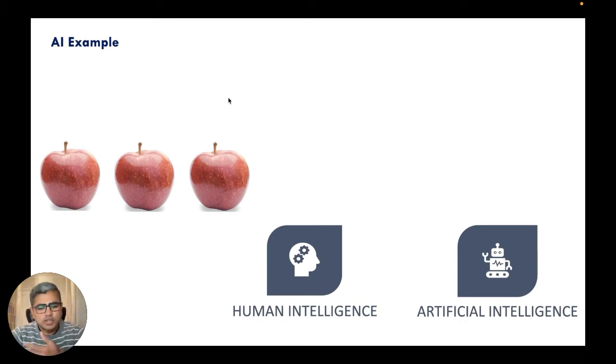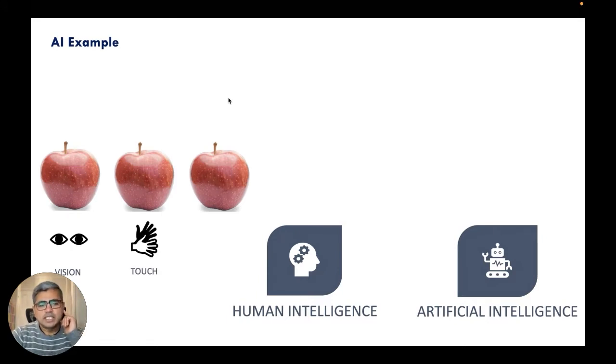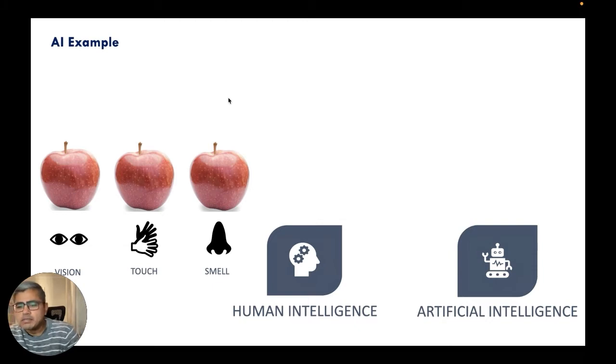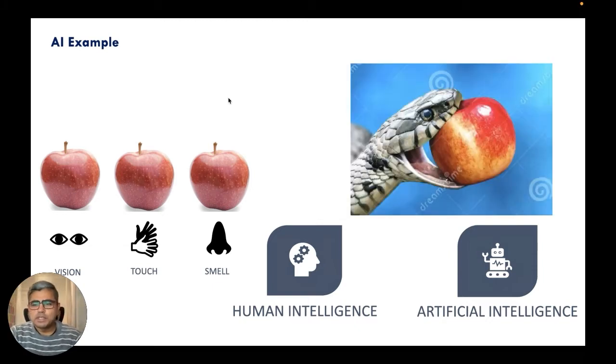So let's get into the facts now. What is AI? I've taken 2 examples, human intelligence and artificial intelligence. You see an object on your screen, you look at it, looks like an apple. You touch it, looks like a real apple, not a wax apple. You smell it, it smells good. So would you want to now eat it? But if I showed you this picture, and if you knew of the biblical mythology, you would think I shouldn't eat the apple.